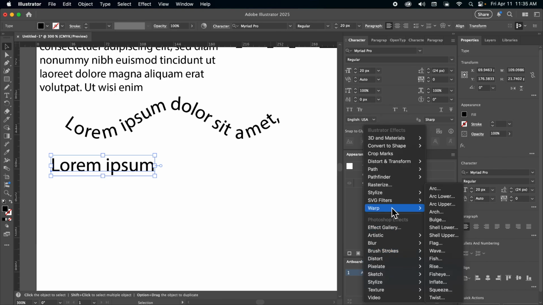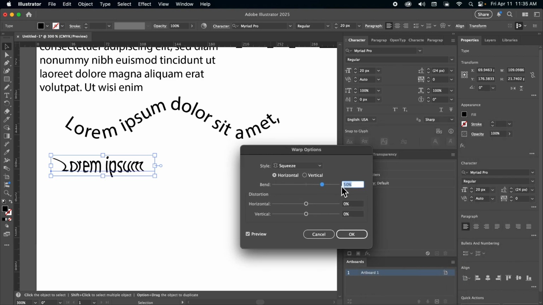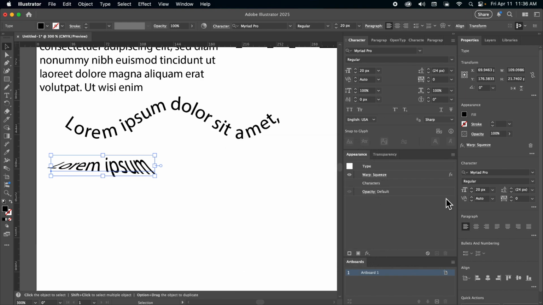I don't care which warp effect you apply to it. Apply a warp effect to it. I'm going to do Squeeze. There's going to be options here, so you can decide what you want it to look like. And now if I look over at my Appearance panel, you can see that I have an FX here for Warp Squeeze that is sitting at the top of my appearance layer stack,